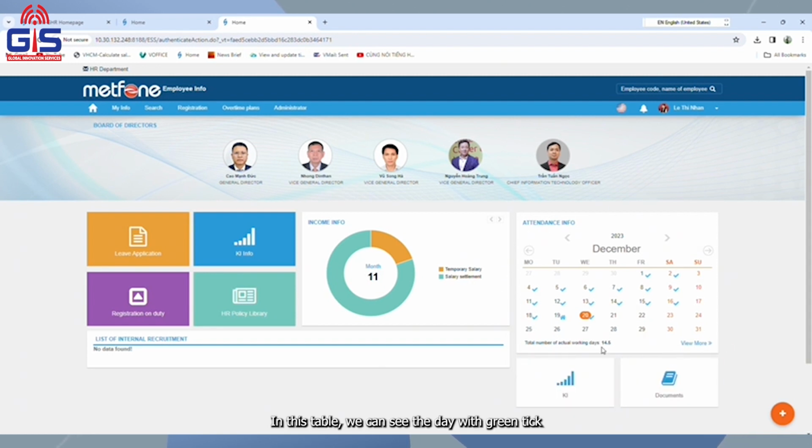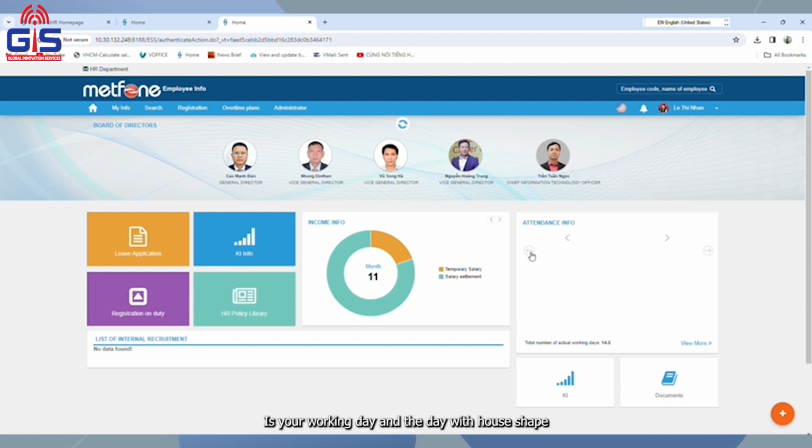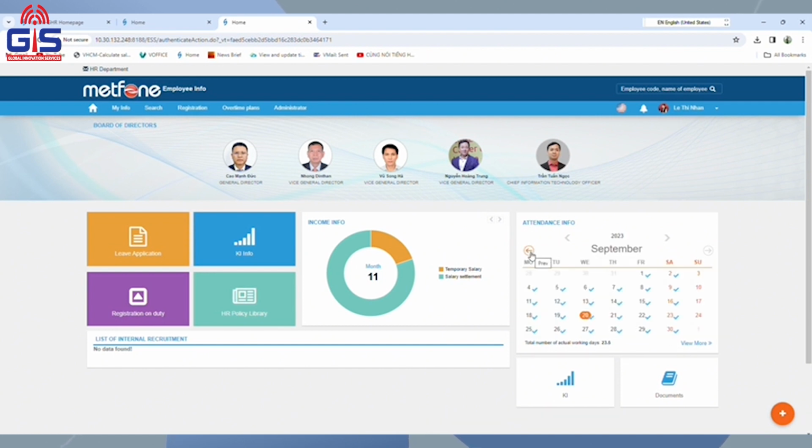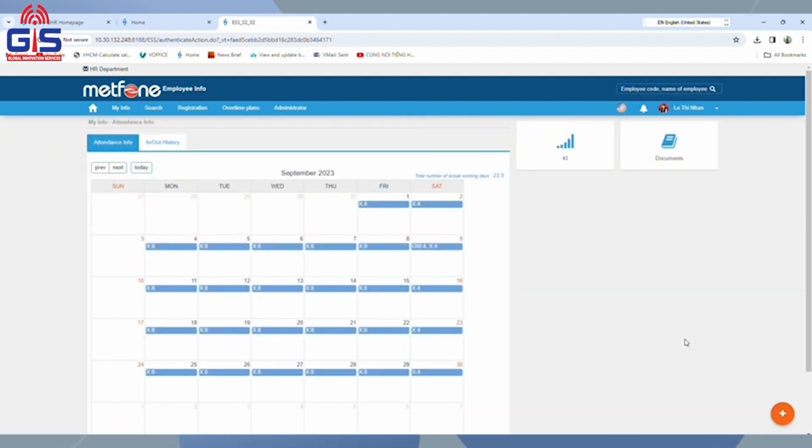In this table, the day with the green tick is your working day, and the day with the house shape is the day that you take leave. You can also click view more to see more detail of the formula for all days in the month,